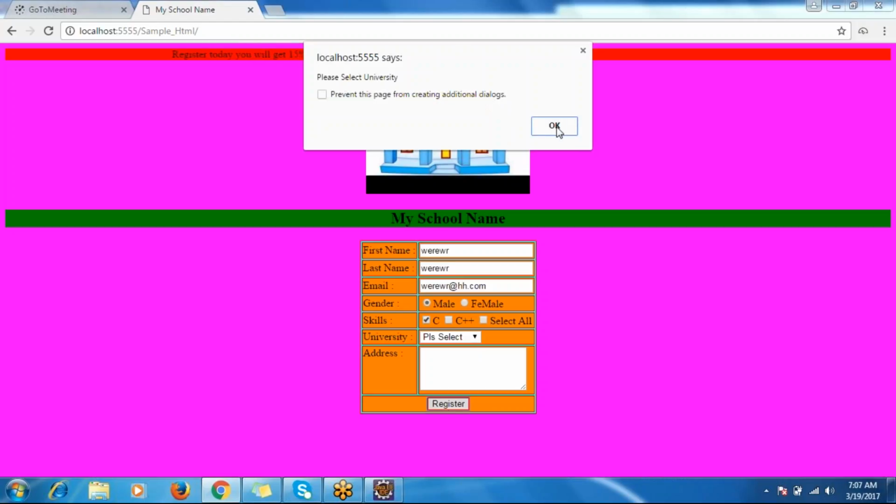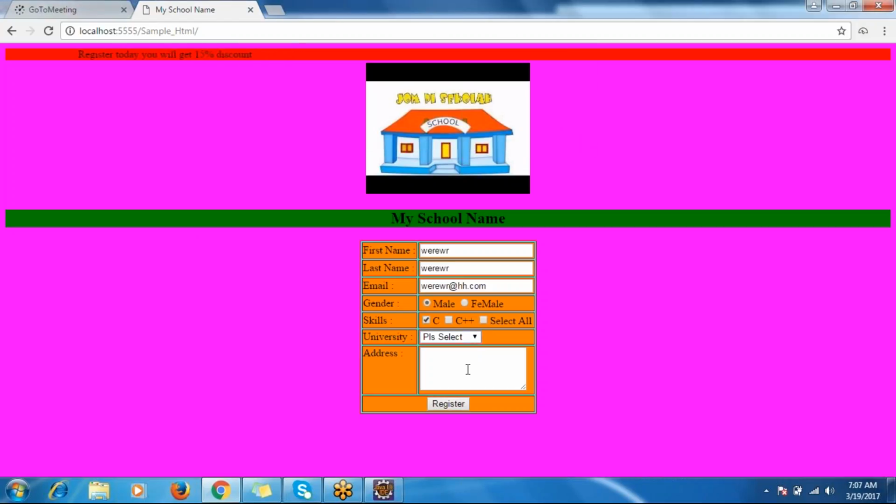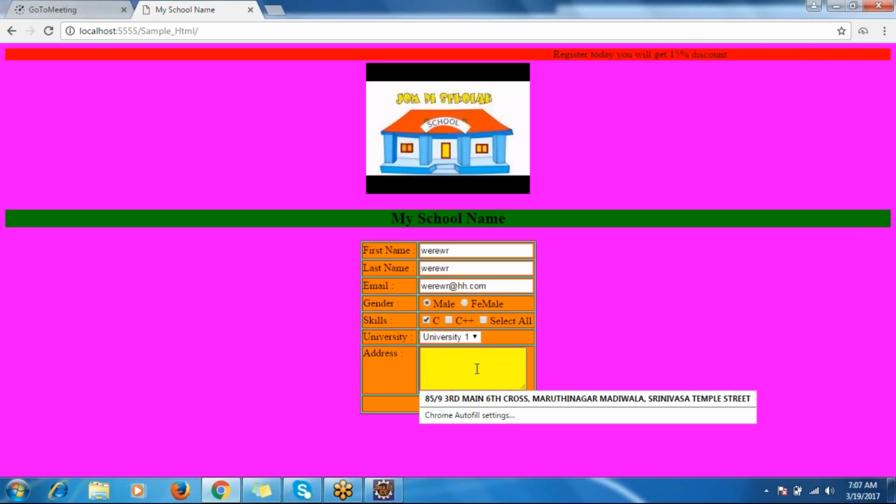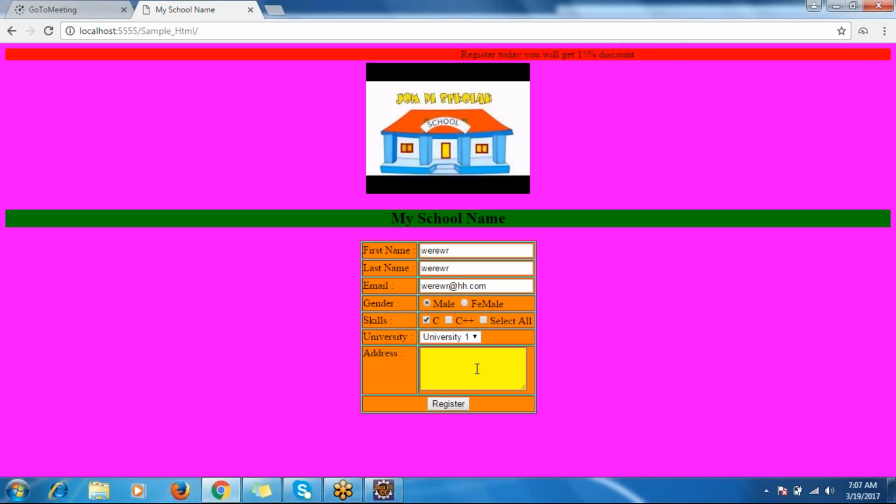Please select university. Then we have to select something else. Then click the button. Now you should not expect any alert messages. Correct? This is fine, right? Okay. So the text color is becoming yellow whenever the cursor is coming here, so that's why you are not able to see